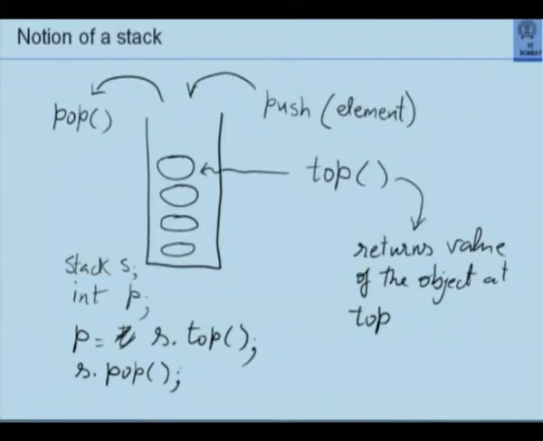These functions we don't have to define. We don't have to define the stack class, private members, etc. We don't even need to know what are the private members, as is the standard practice with object classes. But we know that we can define a stack of a certain type, and then we can push elements and pop elements. The major difference, once again I remind, is that the pop only removes an element and forgets it, but top permits you to look at that element. So if you want to look at an element and pop it out, you'll have to say top something followed by pop.